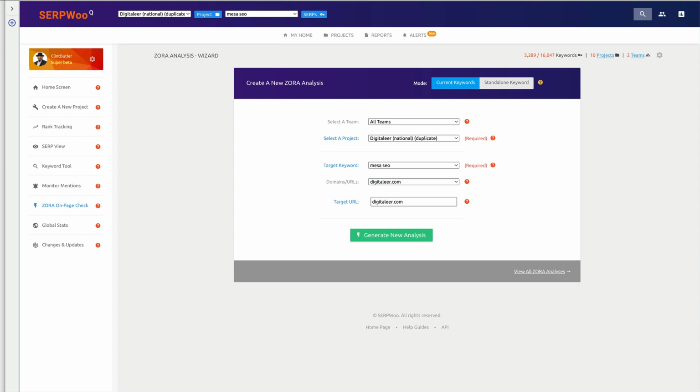Someone asked me to do a walkthrough of Zora. Zora is an on-page analysis tool, I think, and it's by SERPWoo, CC Carter, the guys over at